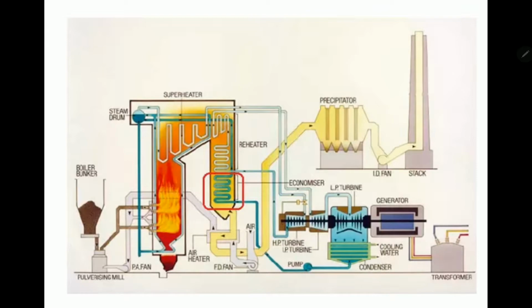Well, in this diagram we can see an economizer, and this is the diagram of a power plant. In this arrangement, as we can see, we are using some amount of heat from this region, and here we can see the separate channel, and this heat will be further used to increase the temperature of the feed water. So due to the economizer, the efficiency of the power plant will increase up to a certain level.